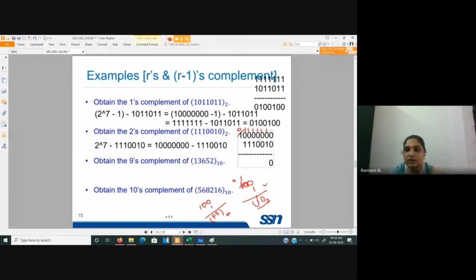As a result of this, the subtraction result will now be, again you are performing with respect to 1. So 1 minus 1 will give me a 0. Then again 1 minus 0 will give me a 1. Then I have a 1 minus 0 again. And then 1 minus 1. So that will be a 0. Then again a 1 minus 1. And then again a 1 minus 1. So this is what is the 2's complement of this number. So the answer for this 2's complement is equal to 0, 0, 0, 1, 1.